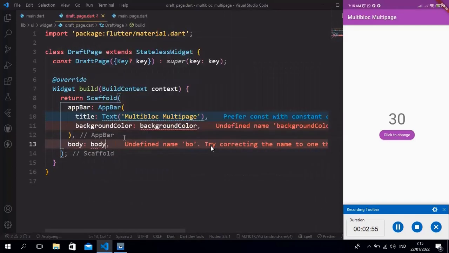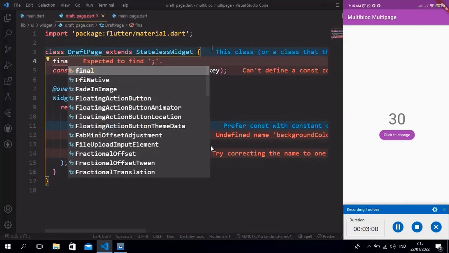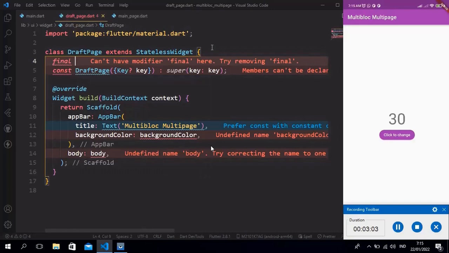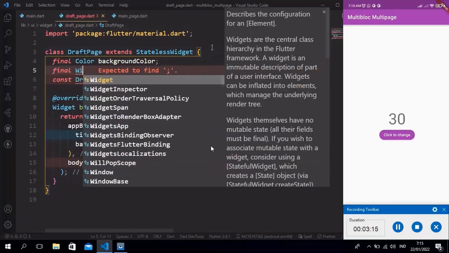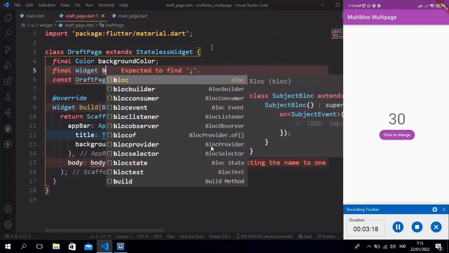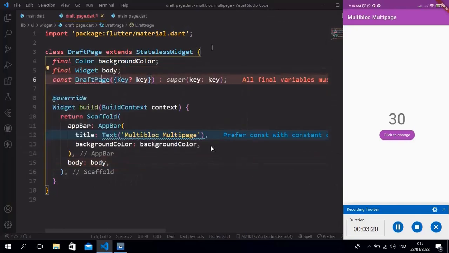The body too, we create a variable widget body. Final color background color, and final widget body, and we add it to the constructor. Okay, we set the background color with a default value and the body has a required keyword.